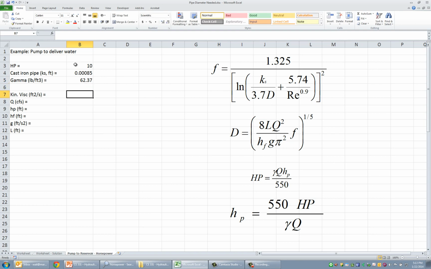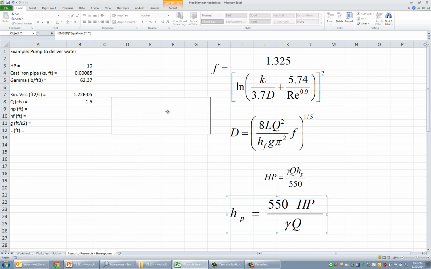From the table we can find that the kinematic viscosity of water is 1.22 times 10 to the minus fifth feet squared per second. The flow rate we want to achieve is 1.5 CFS, and the pump head we're going to calculate using this formula,